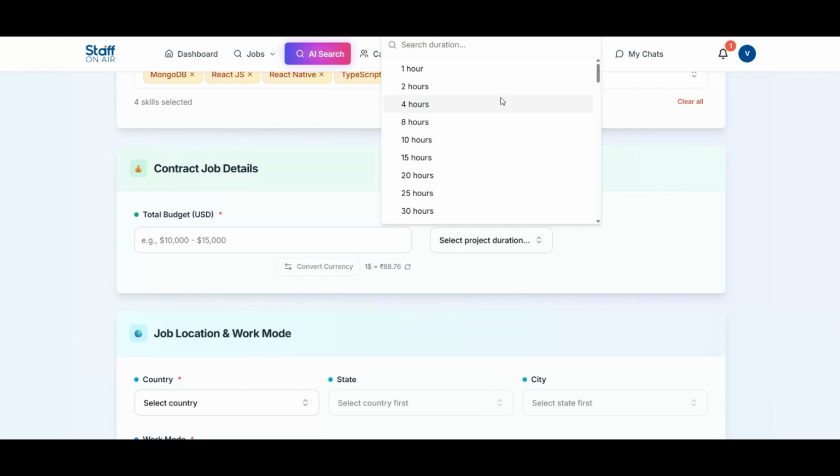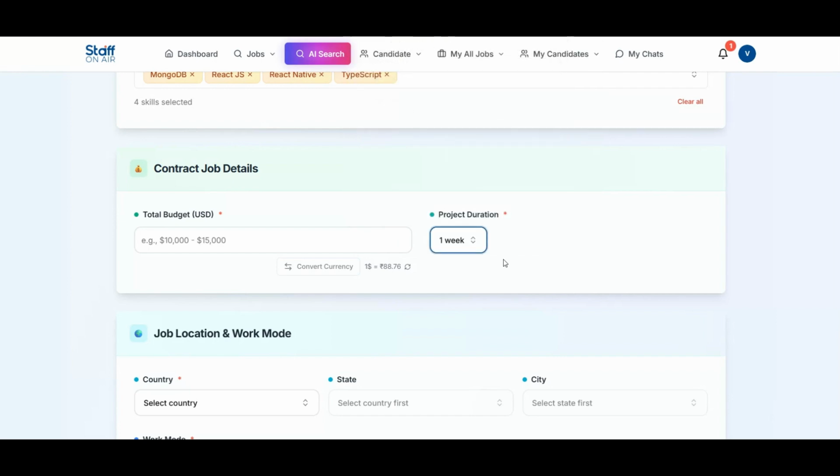You can hire a candidate from our platform because there are people who do freelancing too. So our platform gives you flexibility to post full-time jobs and also small contract jobs and big contract jobs, like for months, 6 months, 8 months. These kinds of contracts you can also post here. So for now I will be posting: I want a React developer. I want him to work on a project and I just have 1 week. So I will just select a project duration.